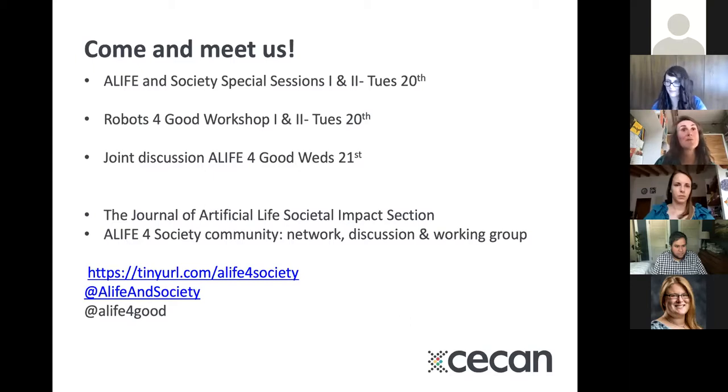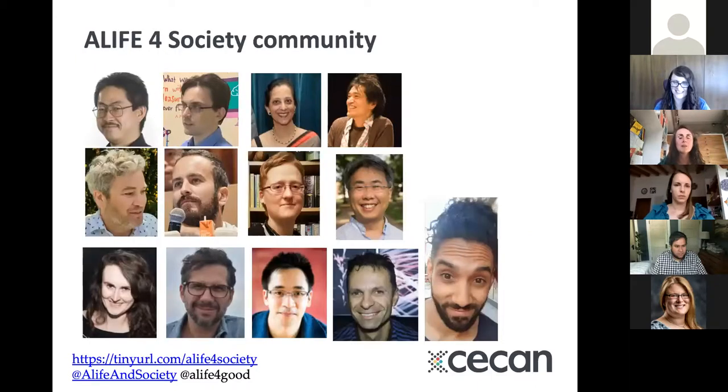You can always publish papers in the A Life journal, societal impact section. But mostly what I want to say is we'd really love you to join the A Life for Society community, which is a really great group of people growing all the time. Everyone is really welcome. We meet every fortnight, and we're putting forward ideas, having little seminars, trying to come up with working projects, and really trying to take A Life for Society forward. It's a great group to be part of.